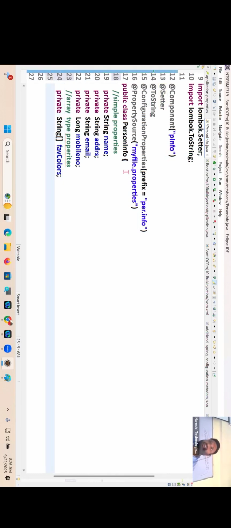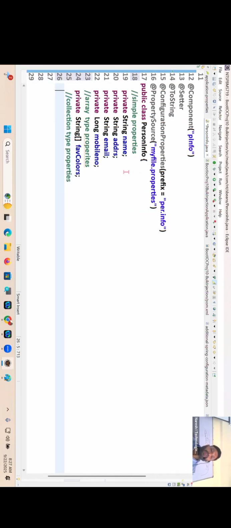Okay, now array type properties. Private String array colors. Favorite colors I want to inject as an array. Collection type properties. Private List String